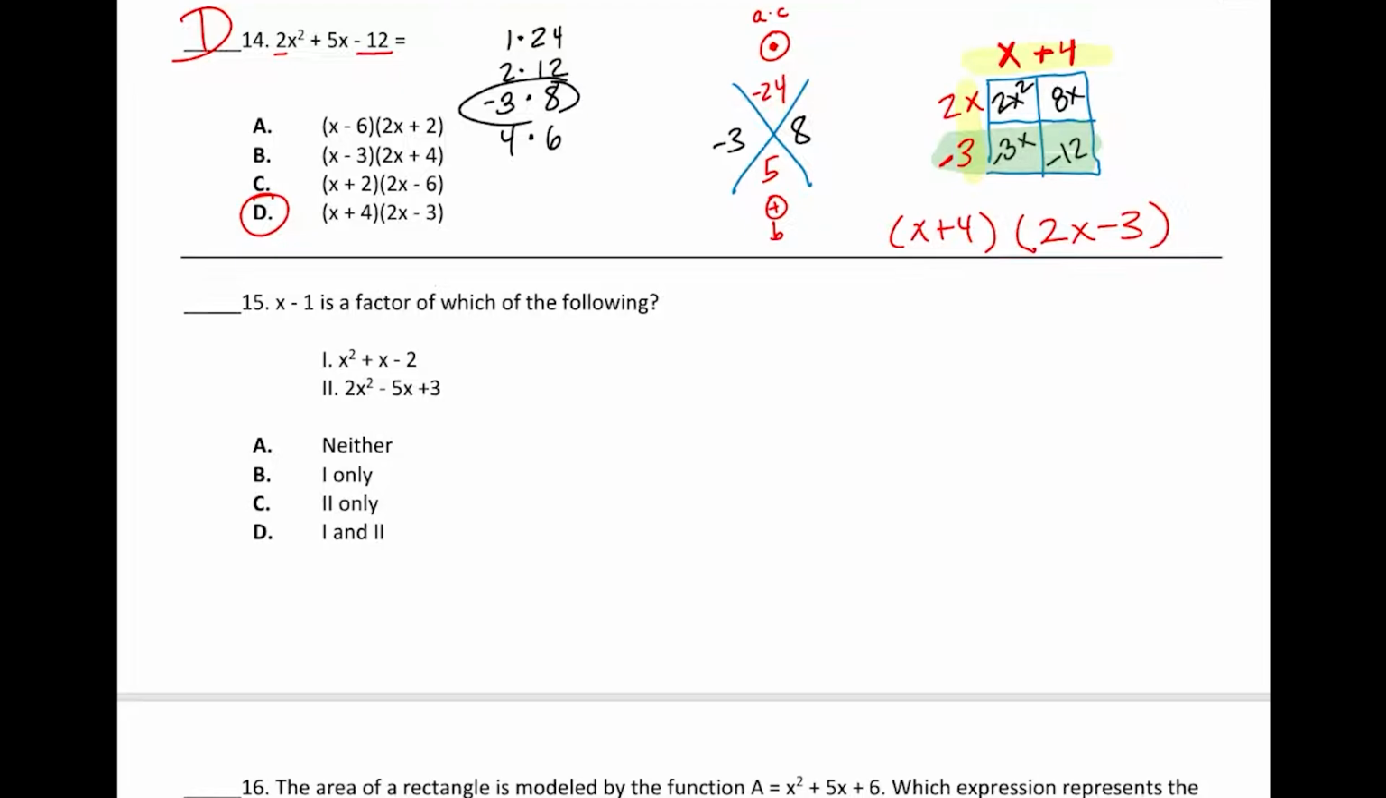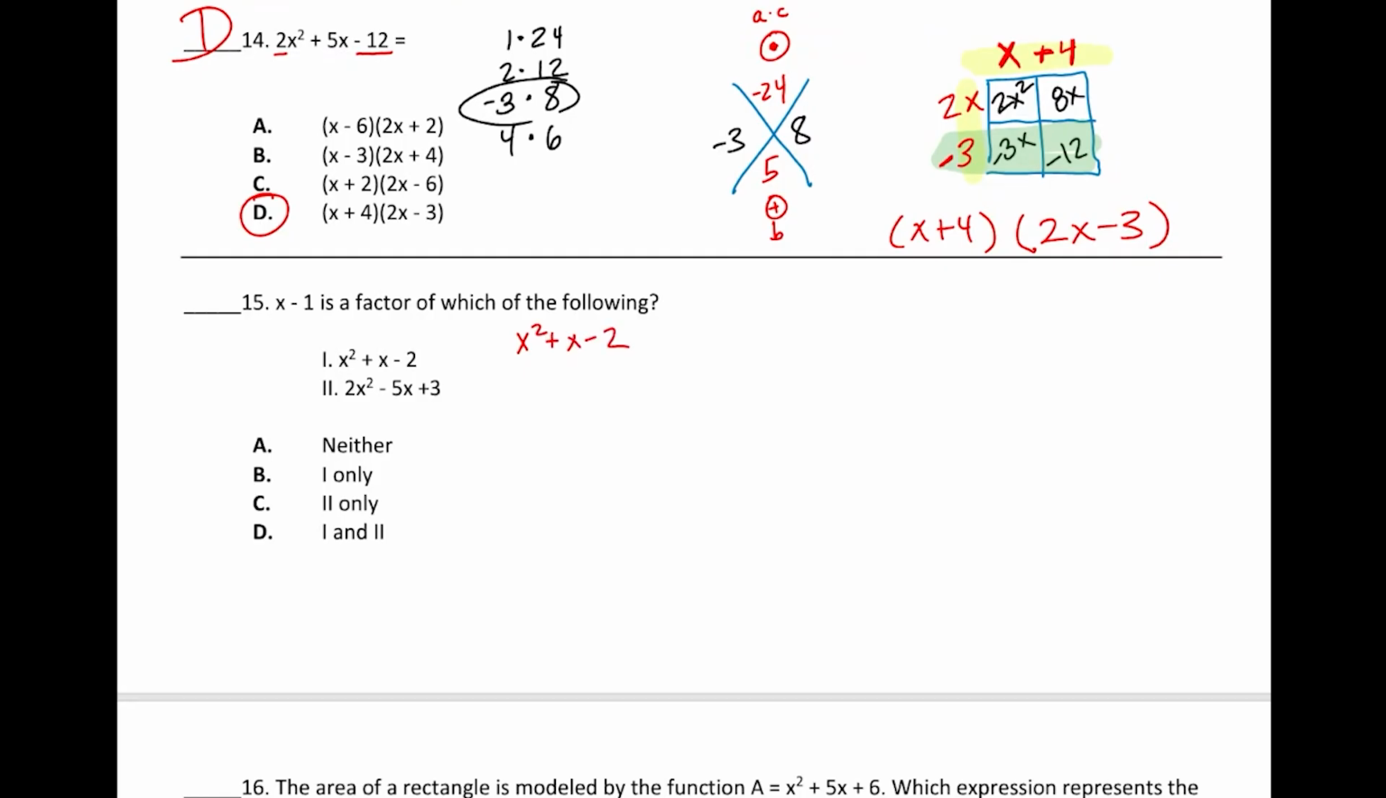On number 15, we're asked to decide whether or not x minus 1 is a factor of either of these two trinomials. So this is really like a two-parter here. You need to find the factors of both the first quadratic and the second one. We're going to have to factor both of these and just check to see if x minus 1 is one of those factors. So let's start with x squared